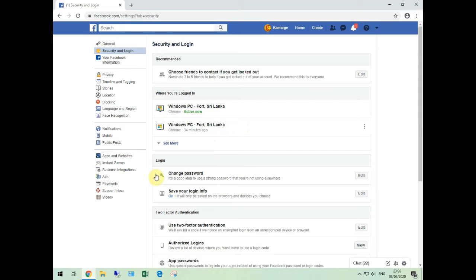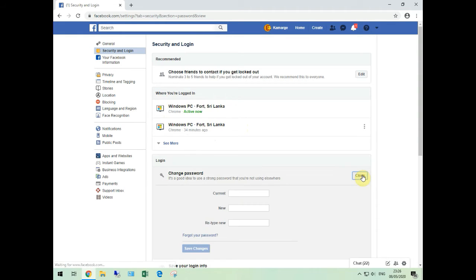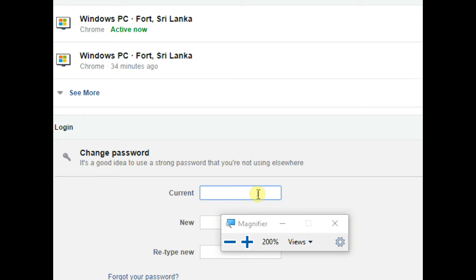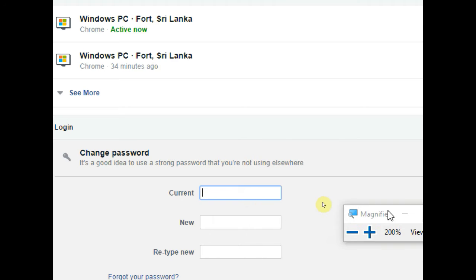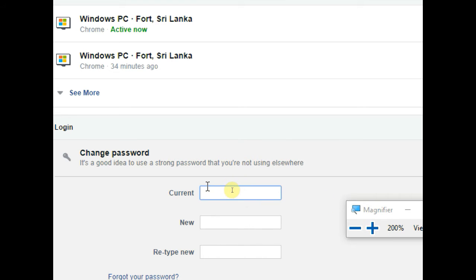They are showing the location. Now look closely at that area. In the login option, click Edit. So put your old password and retype your new password twice. That password should be a strong password. So the first step is completed.